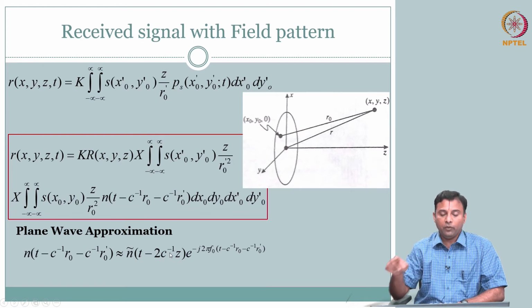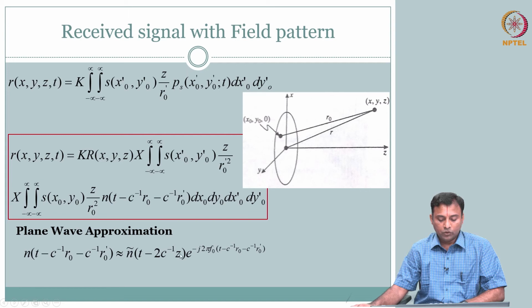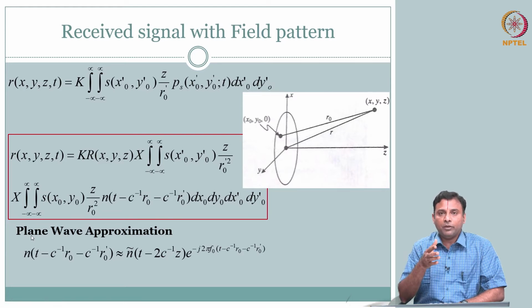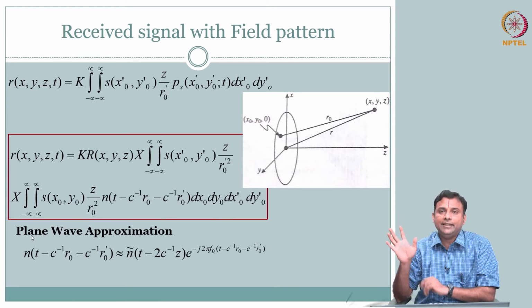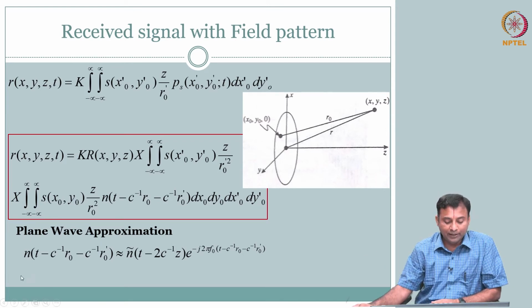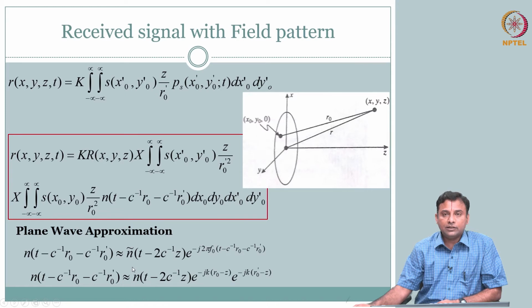So, 2z you change into the phase term. You can make a plane wave approximation where you say basically the envelope of the pulse is arriving on the z plane simultaneously. If that is the case, we can mathematically represent that in this form. And if you look at this, we can even reduce it a little further.